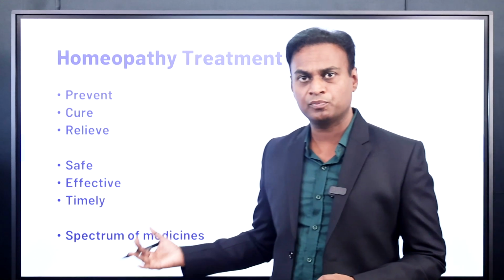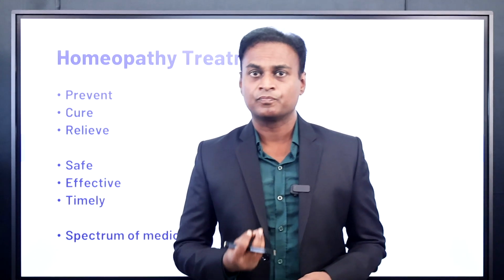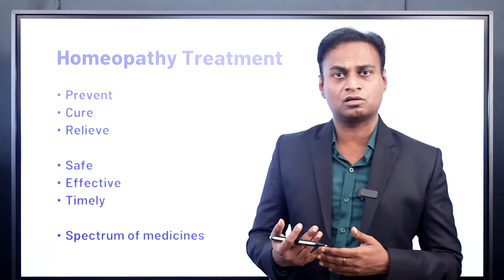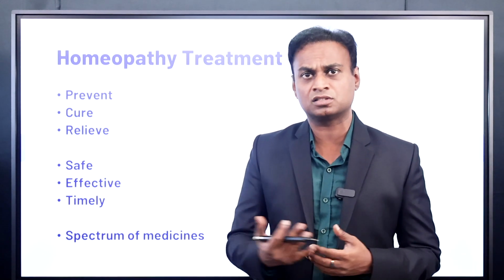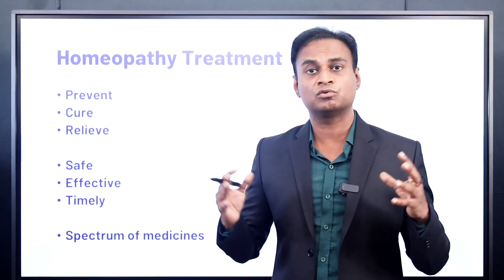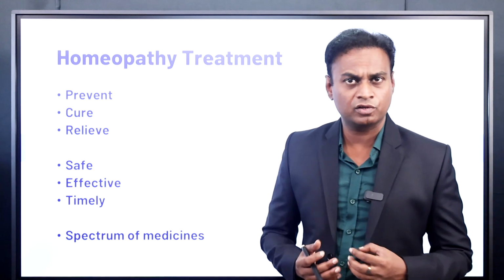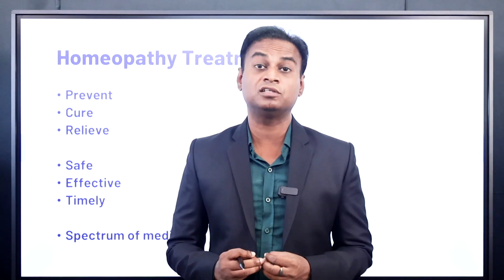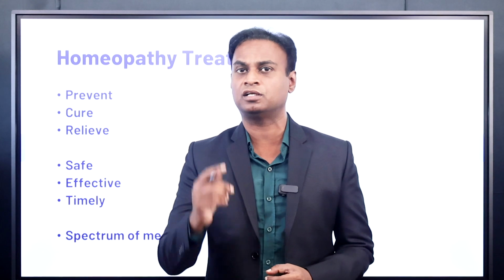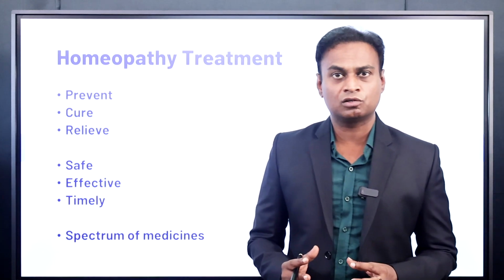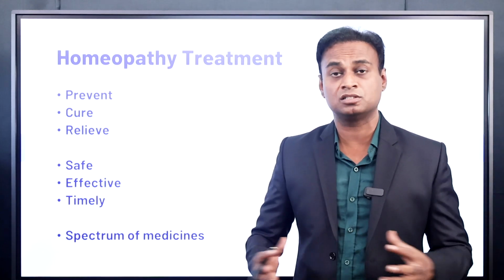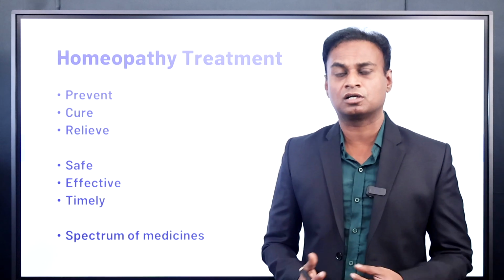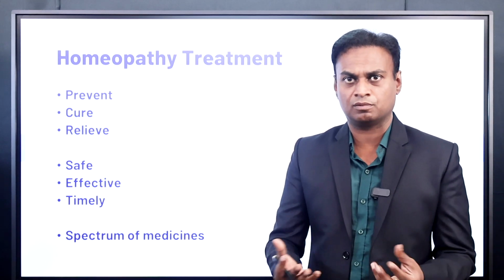In the same way, homeopathy has 5,000 medicines. When you have different combinations or different potencies or different concentrations of the medicine, it goes up to 50,000 medicines. In front of a homeopathic doctor, there are 50,000 medicines available to treat one kid. In that spectrum of medicines, based on the symptoms and the pathology